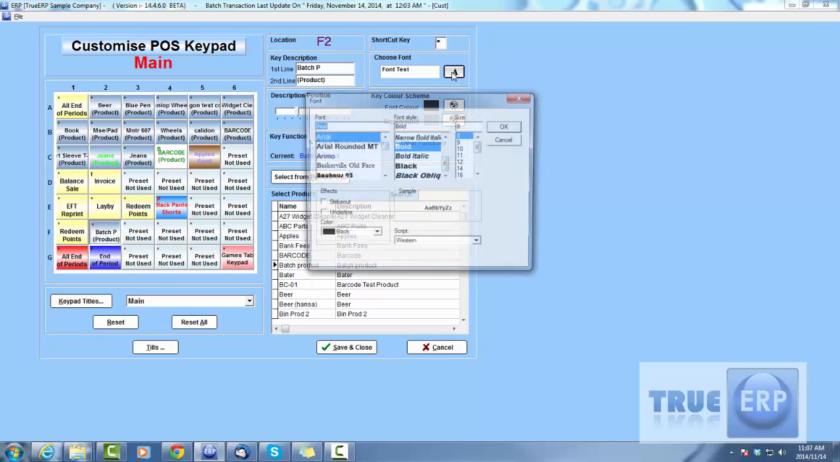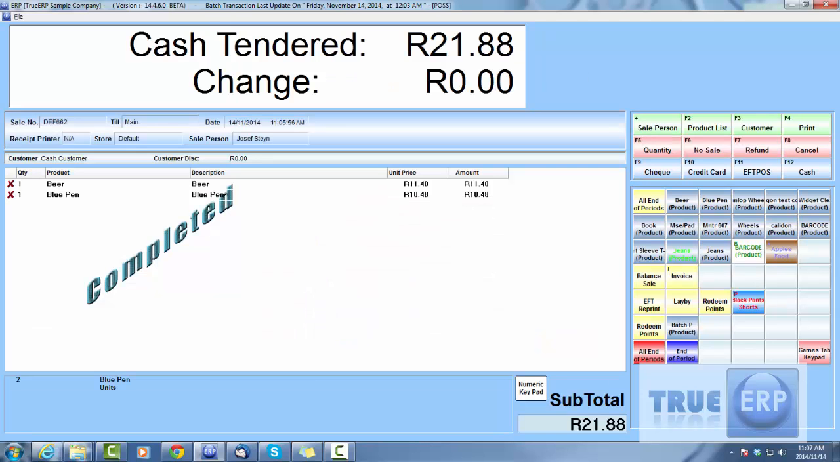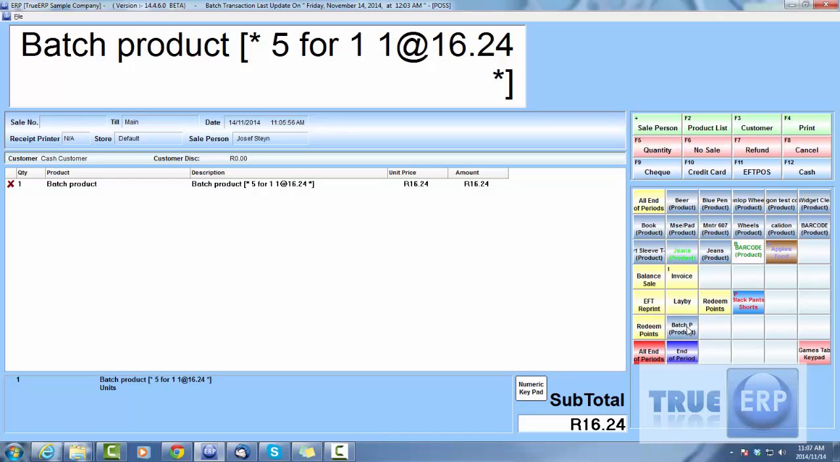We can change the font around it, and we can position it. As we can see here, this is now being positioned however we want it. Once that's done, go ahead, hit save. We can now see that that button has been activated. So if we go ahead and click on it, we can see now there is that product. Go ahead, hit cash,